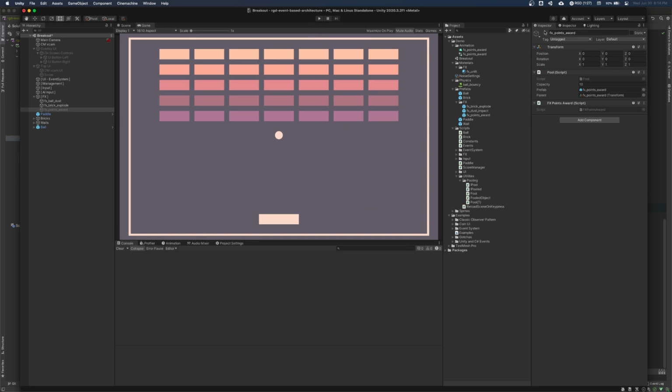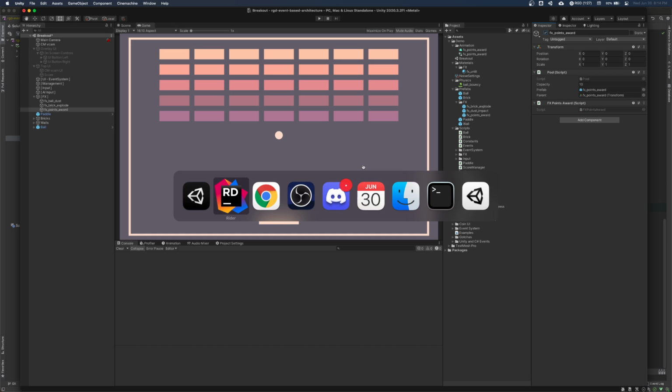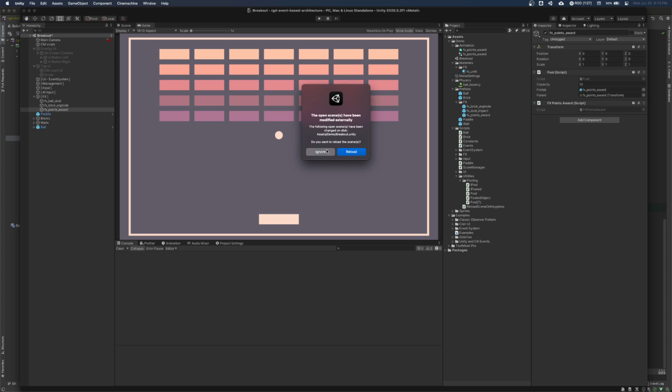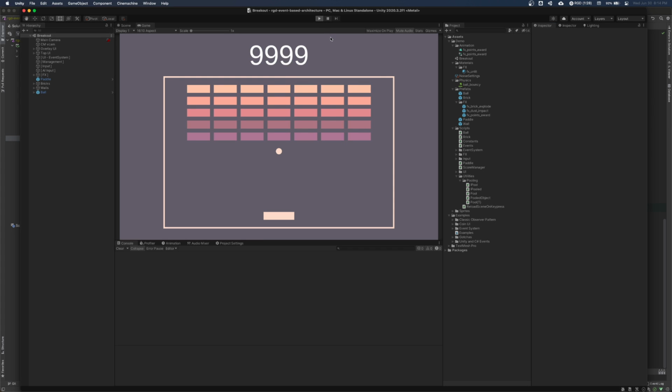So let me turn some of that stuff on. Actually, we'll go ahead and jump ahead just to be sure that I didn't. Okay, so we've jumped ourselves forward a bit. Right, that's fine, we'll leave that. So just to make sure that we have all of these fancy features that we walked through, just so I didn't forget anything. Yep, so we've got our points being awarded, we got pop-ups.